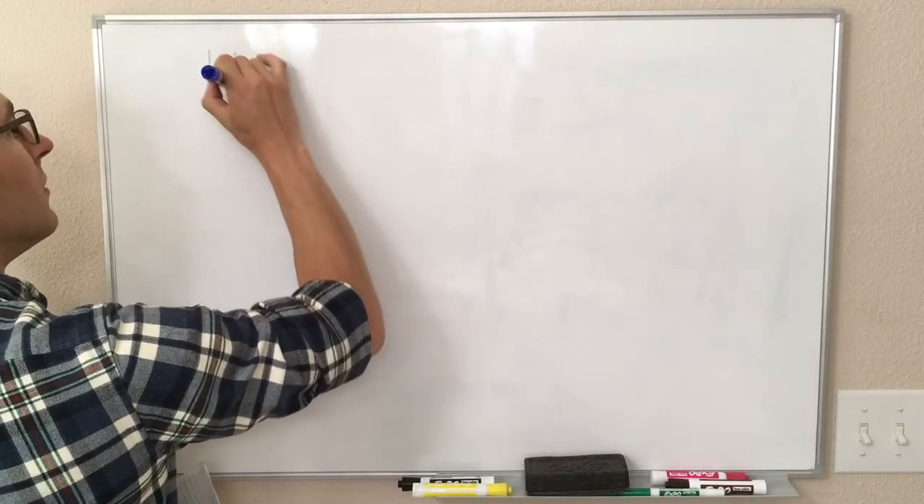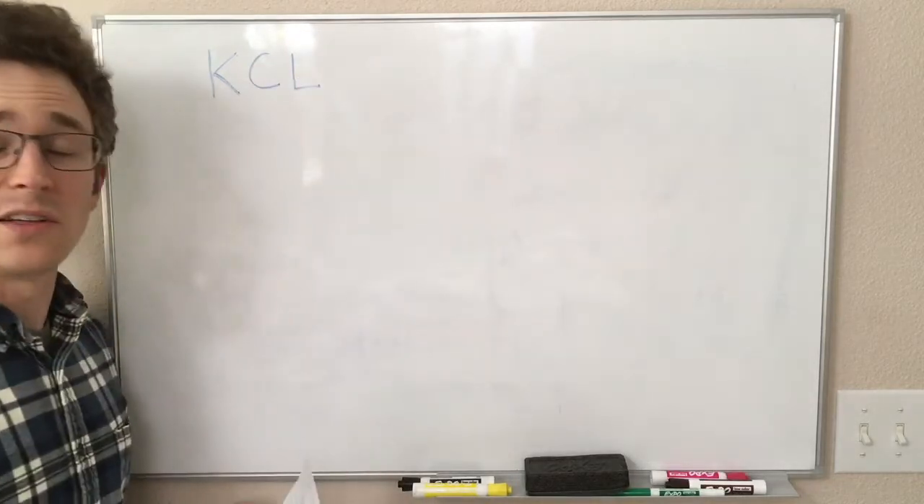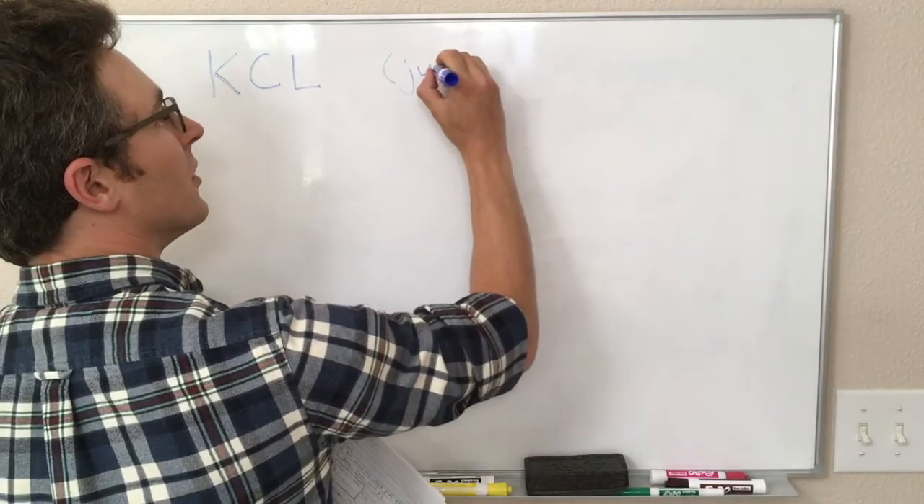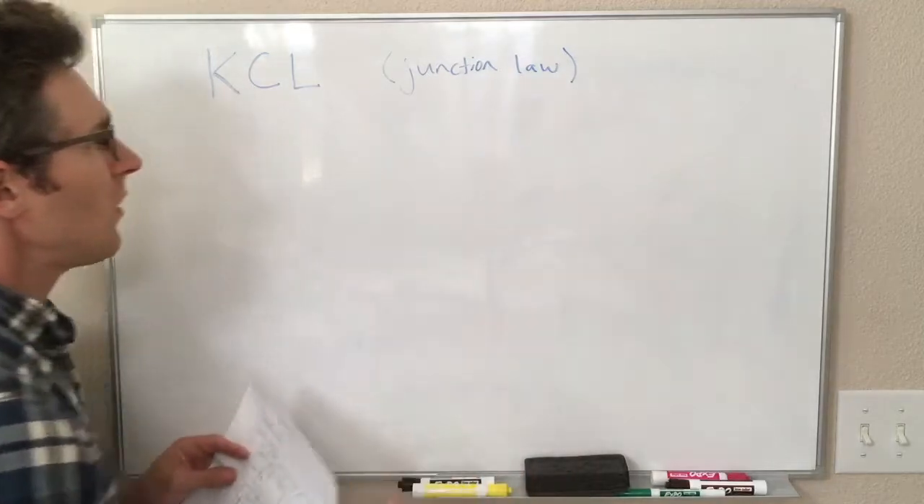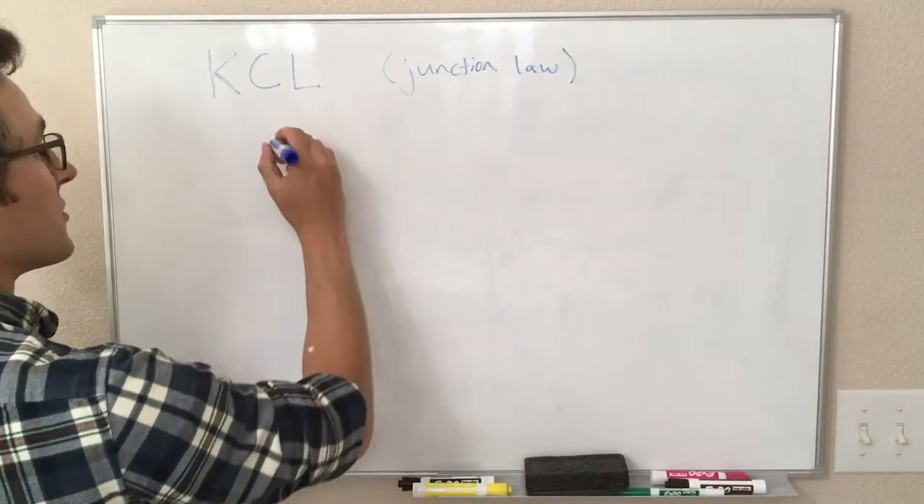And now you will see the advantage of the abbreviation, because I don't even have to write Kirchhoff's current law. You already know what I'm talking about. This is also known as the junction law. And the current law is as follows. So for any